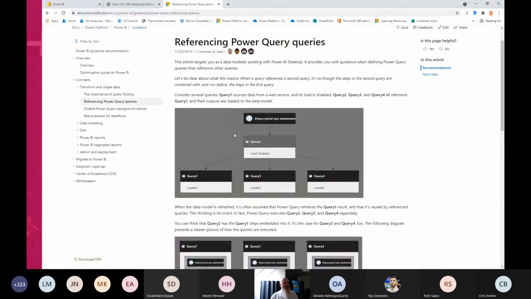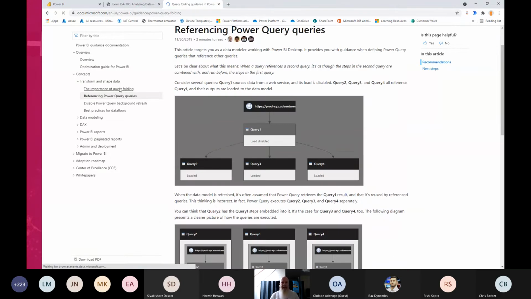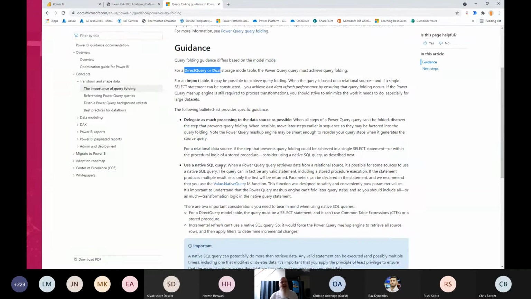It's not really find something. I know what it means. But typically, query type is going to mean: is it going to be a direct query, or are we going to be importing the data? That's what we mean. Maybe we'll probably get into things like query folding in here. So query folding is about performance. You can only do query folding if you use direct query or dual, which is either import or direct query. So understand, I've looked at that bullet point and I've already got into a few things.